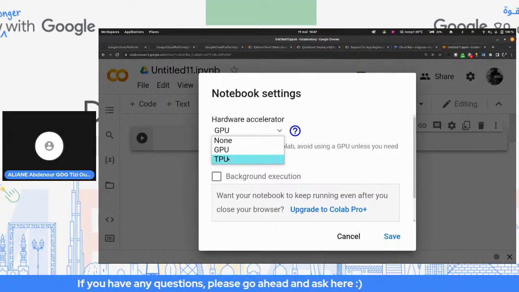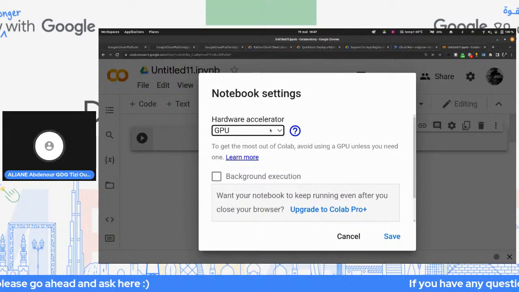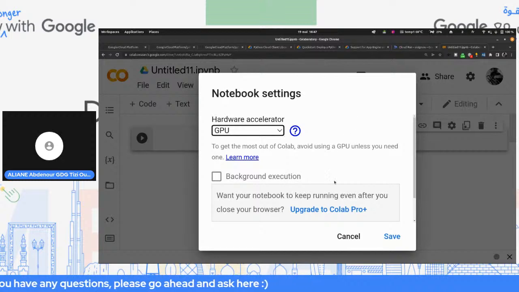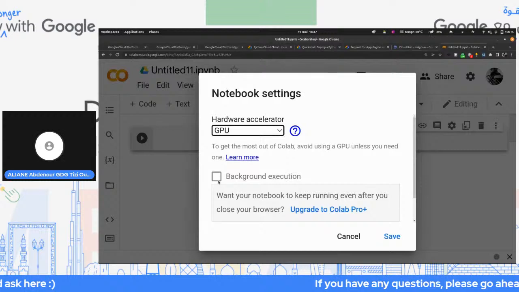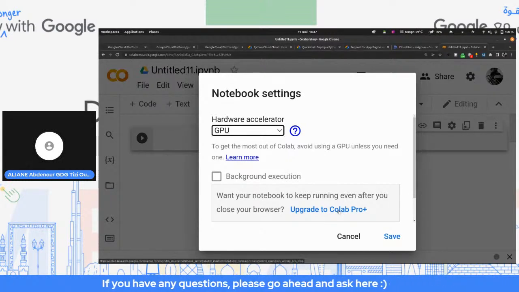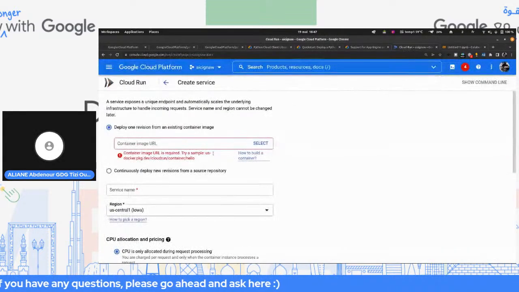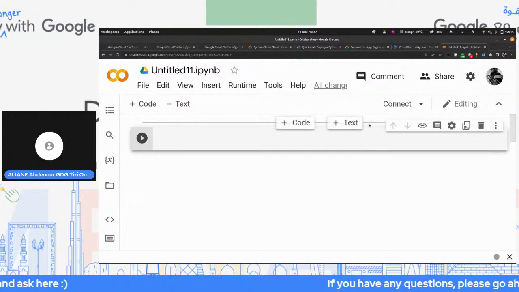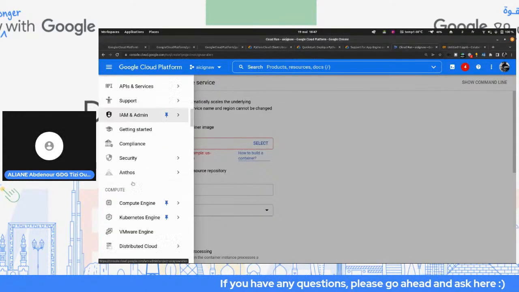This is especially designed for TensorFlow and neural networks, but there is a limitation. When it's free, you cannot run it in the background. That means you cannot just close the window, go away, and then come back and find it running. You need to keep it open. So if you want that option, you go for the paid version of Colab. Or you just use Vertex AI,